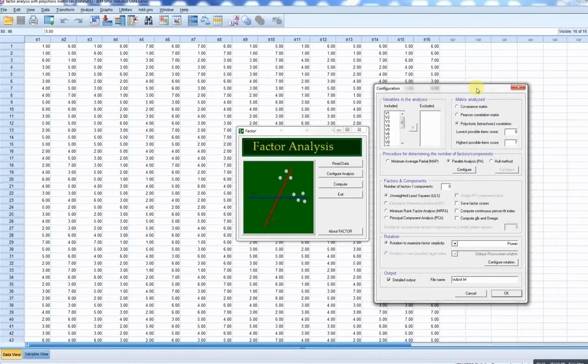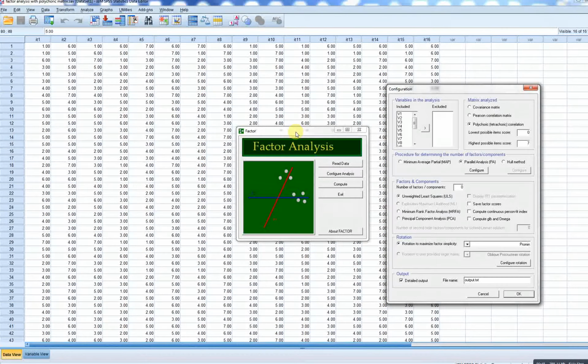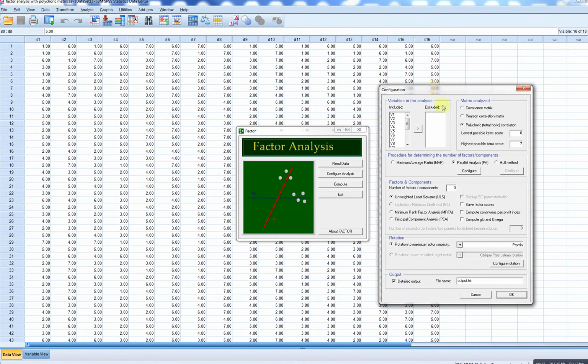So let me just highlight that even though this SPSS file is up here, this is just in the background. This is the actual program that we're working with. So at any rate, let's say I want to run a principal components analysis on these items right here. So I would click on principal components analysis with the polychoric correlation checked off,